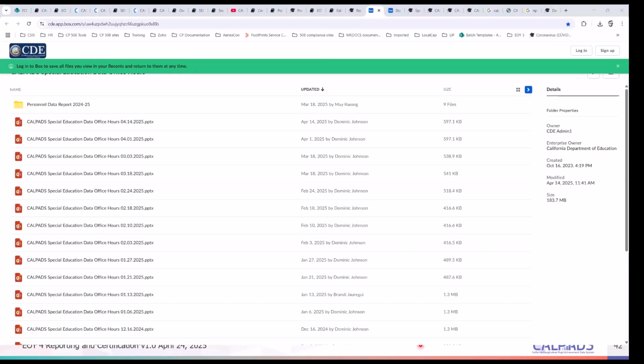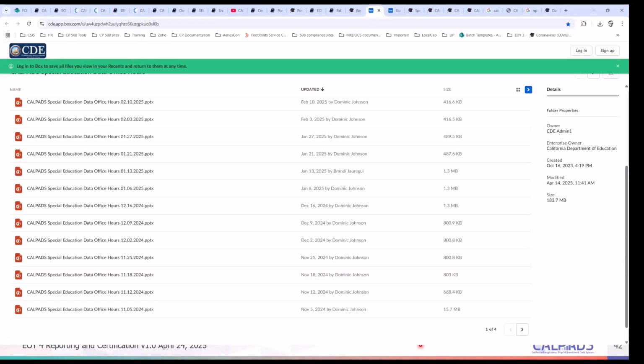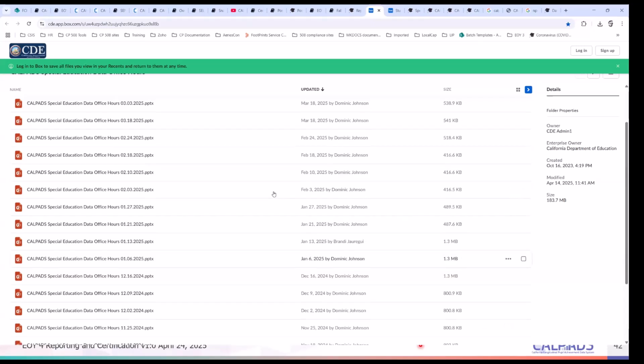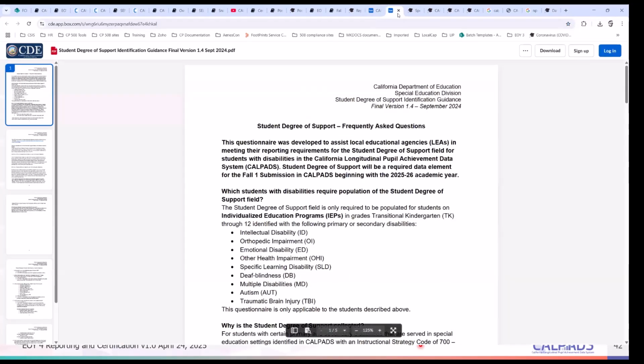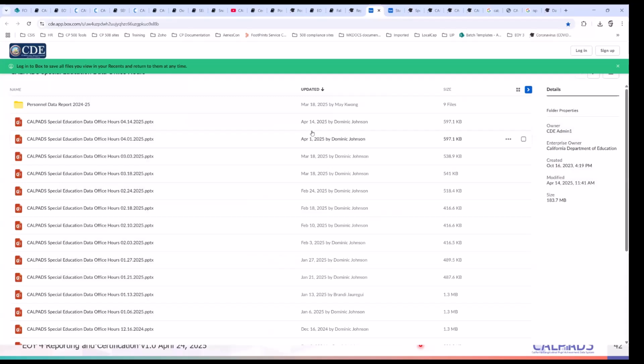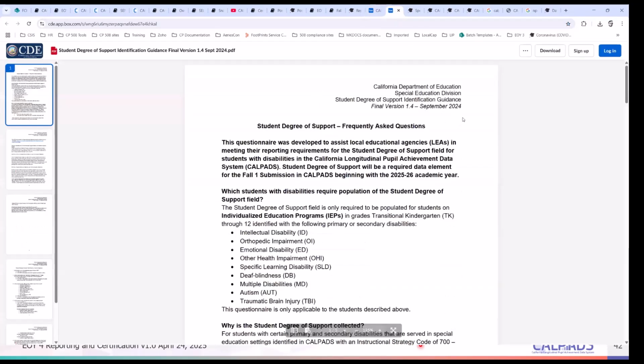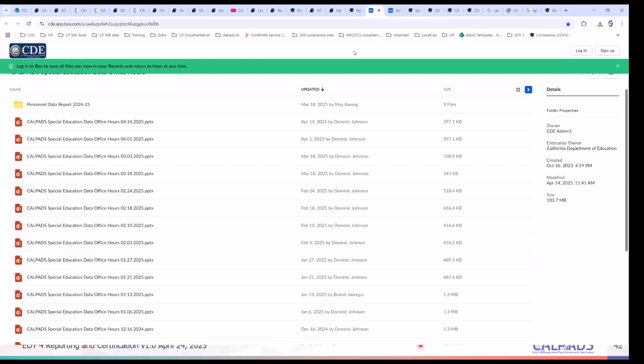If you don't attend it, but you still would like to know what's being shared, that's the office hours box. The SPED department has unlimited CDE boxes at their disposal.